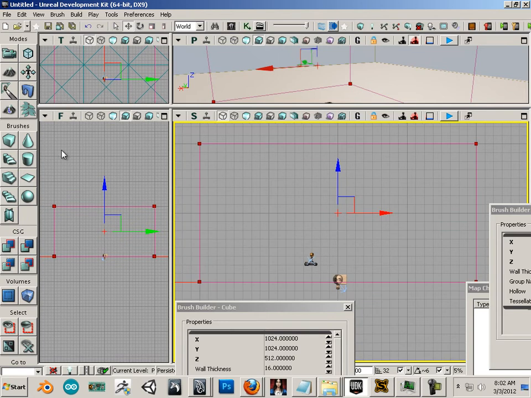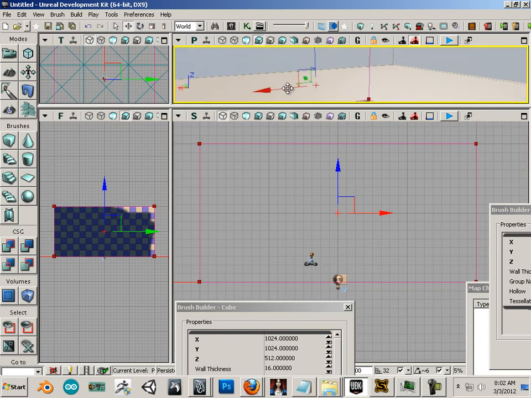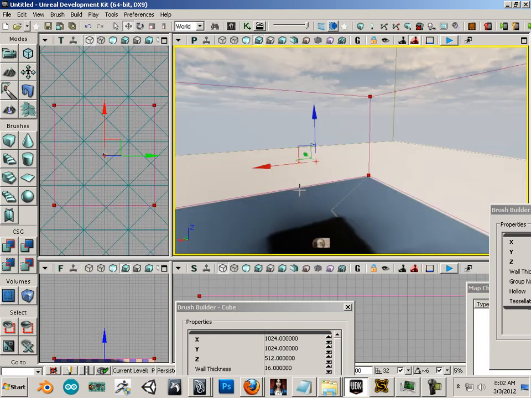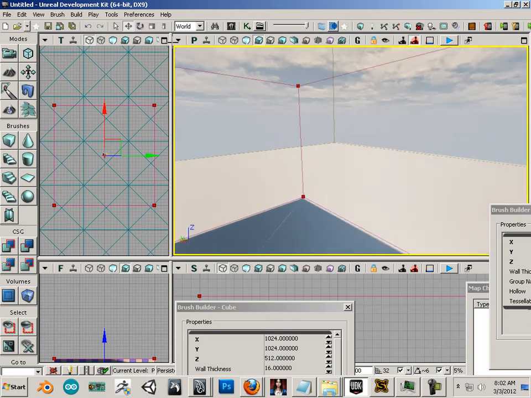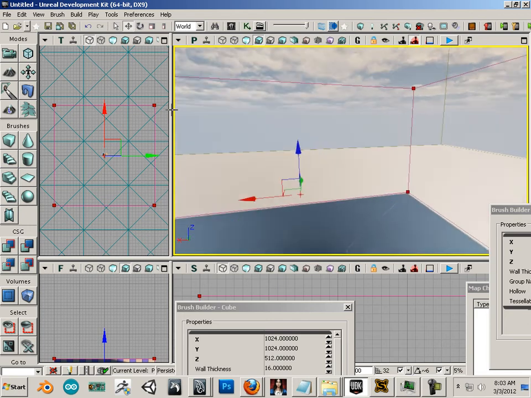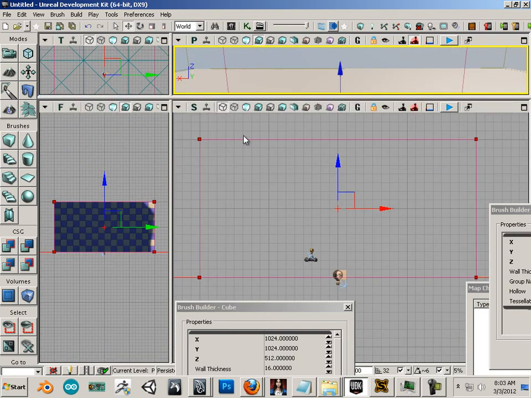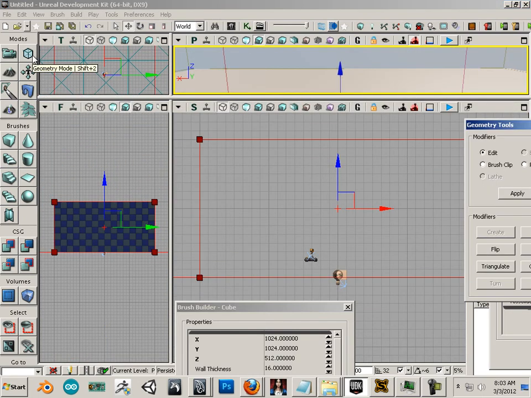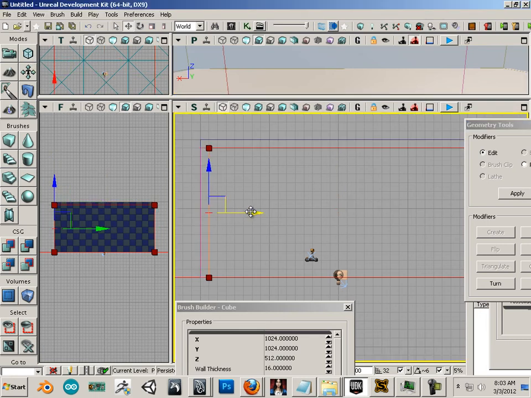So if I build this as an add brush and then jump inside of it in the perspective view, you'll see that it's hollow. I can't see the box. This is not wall. This is just a single side object. Now, if I take my building brush and go into edit mode and lower it by 1 grid space,